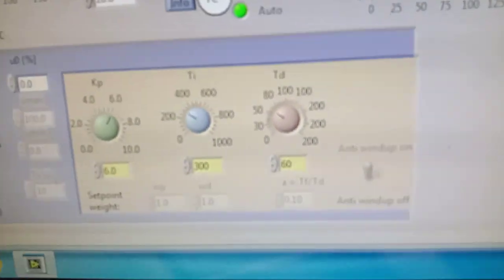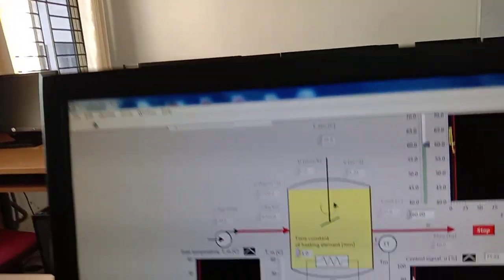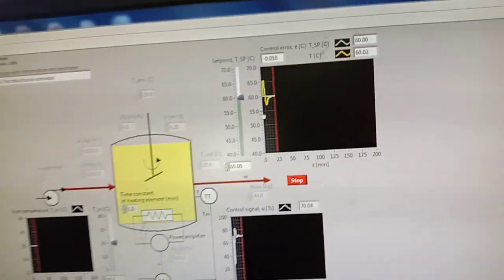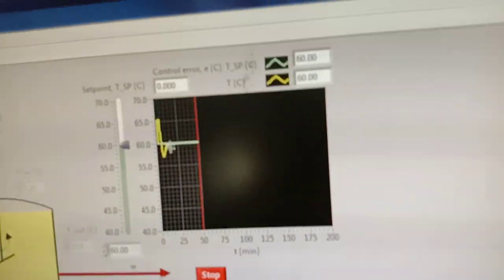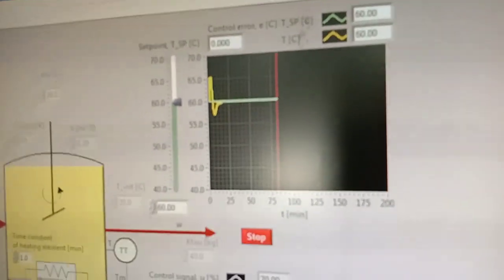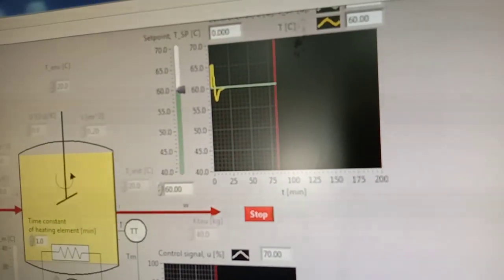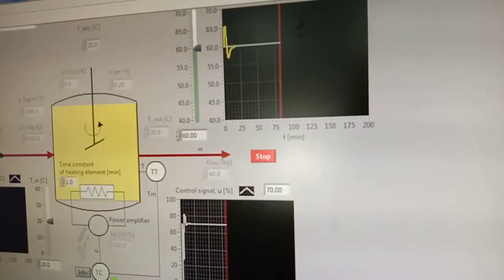For these values, I am considering bumpless no, and I am running the experiment. So you can see what is happening here in the graph. By changing the parameters of the PID controllers,